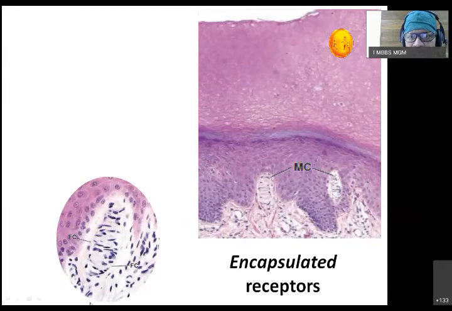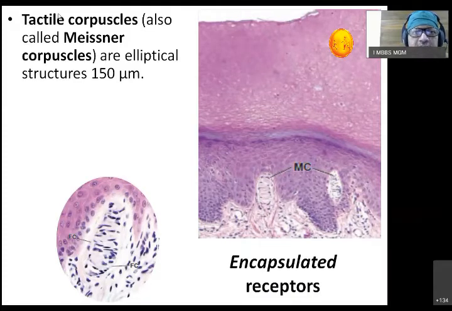The second one is what we see at the junction in the dermal papilla. What do we call this encapsulated structure? In the large figure, you can see a lot of Schwann cells covering it up. This is what we call the tactile corpuscle, Meissner's corpuscle. Meissner corpuscles are around 150 microns in thickness. They are usually at the dermo-epidermal junction, whereas Pacinian receptors are at the dermo-hypodermal junction. This is the difference that we have to know.